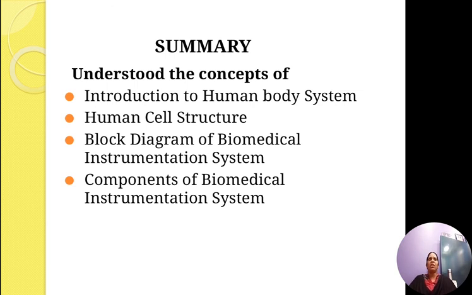Then we have the Golgi bodies, called the cell's post office, as they are involved in the transportation of materials within the cell. Then we have the ribosomes, which are the centers for protein synthesis of the cell. Then we have the mitochondria, which is called the powerhouse of the cell. It produces the ATP, the cell's energy currency. Then we have the endoplasmic reticulum, which is involved in transportation of substances throughout the cell. Lysosomes protect the cell by engulfing the foreign bodies entering the cell and help in cell renewal. Therefore, it is called the cell suicide bag.